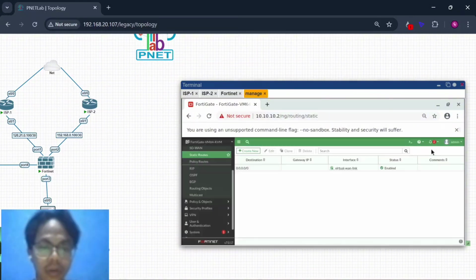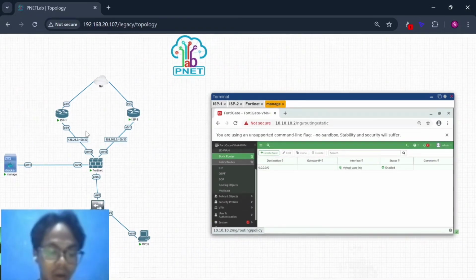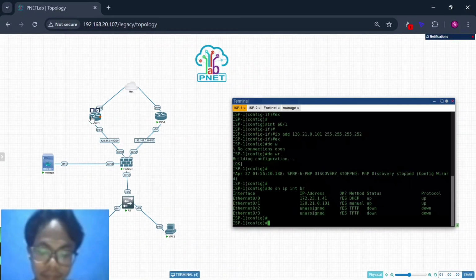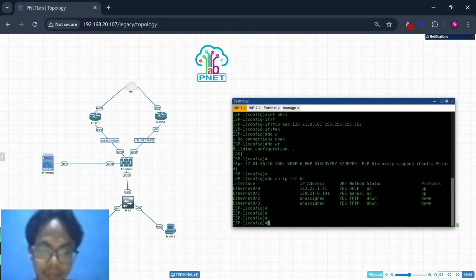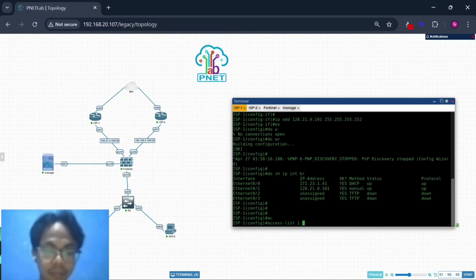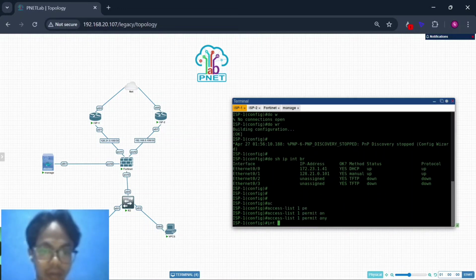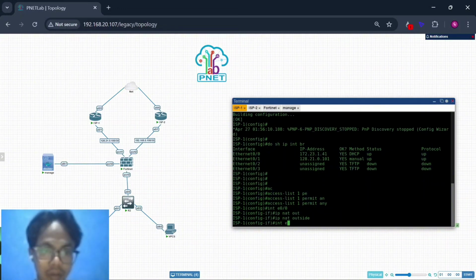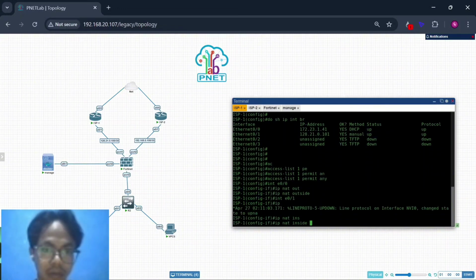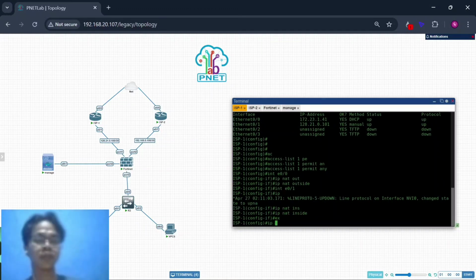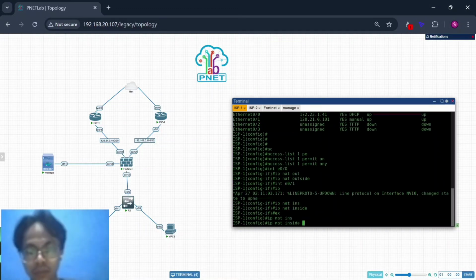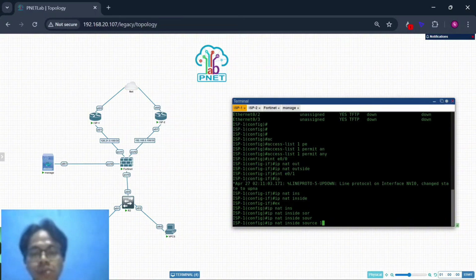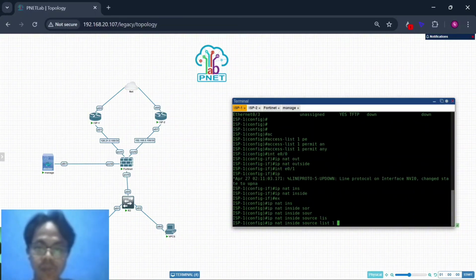So I think, oh yeah, I forgot something. You must configure NAT inside this ISP. Access list 1 permit any, interface e0/0 ip nat outside, interface ethernet 0/1 ip nat inside, okay, exit. ip nat inside source list 1 interface ethernet 0/0 overload.